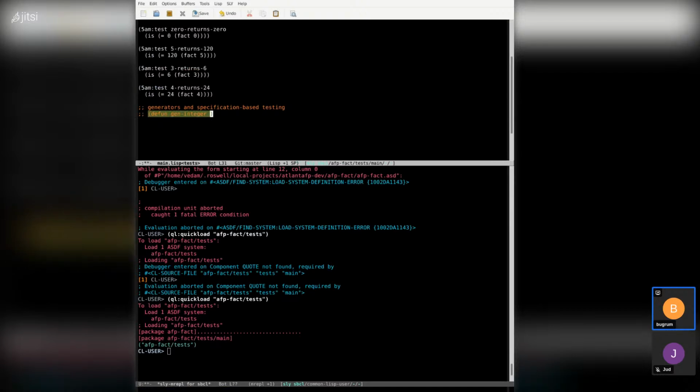Gen integer key, it'll take in a max that's defaulted to 1 plus the most positive fixnum, and for min, it'll take 1 minus the most negative fixnum. Okay, and with this definition, it'll go ahead and create a set of random